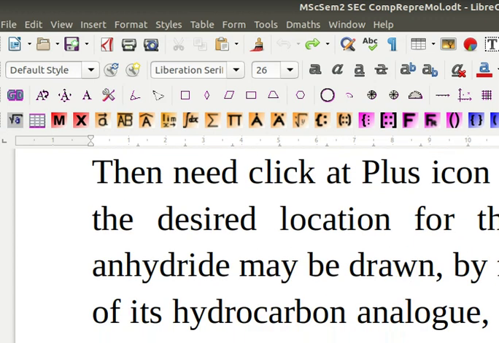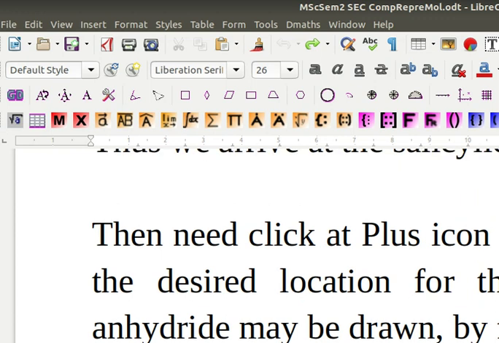In this word processor file, it is LibreOffice Writer, the word processor for Ubuntu, just like Microsoft Word. Whatever function Microsoft Word does in Microsoft Windows, LibreOffice Writer does in Ubuntu Linux.